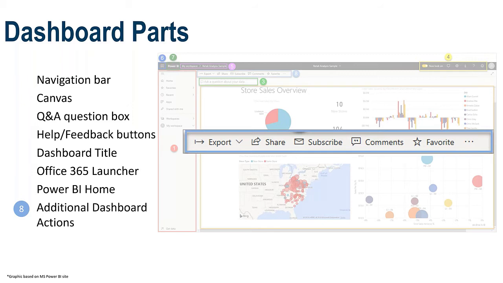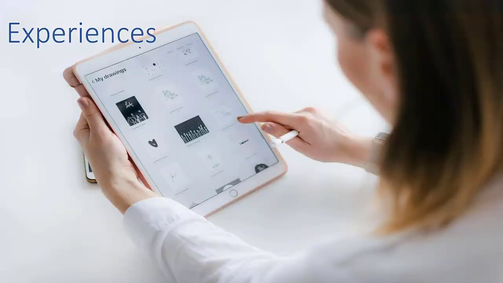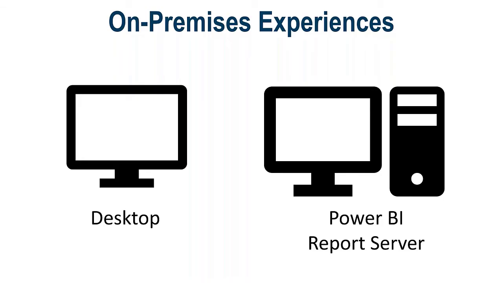All right, now we need to talk about those different experiences. You have your on-premises experiences. So the Power BI desktop application, that's the one that I said that you download and you install on your local machine. Power BI report server. I talked about this one a little bit earlier.